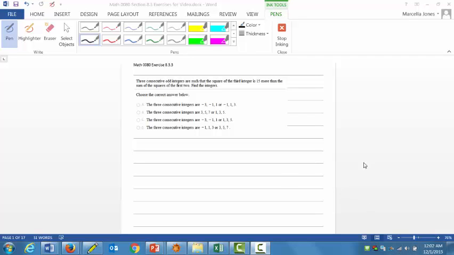Let's take a look at number 3 from section 8.3. Three consecutive odd integers are such that the square of the third integer is 15 more than the sum of the squares of the first two. Find the integers. So we're going to let x equal the first odd integer,